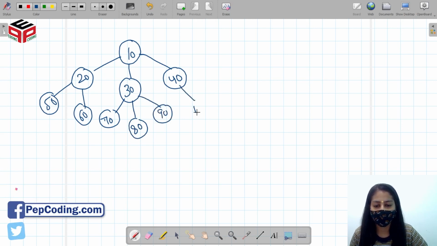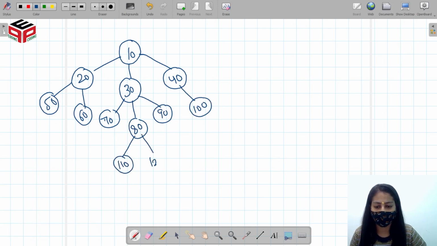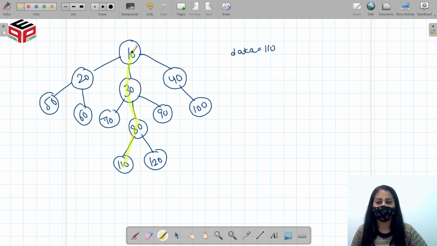Right, so let's say this is our generic tree. Let's say we want to find the path of the node where the data present is 110 to the root, right? That is, we want to find this path, right? So how can we do this?